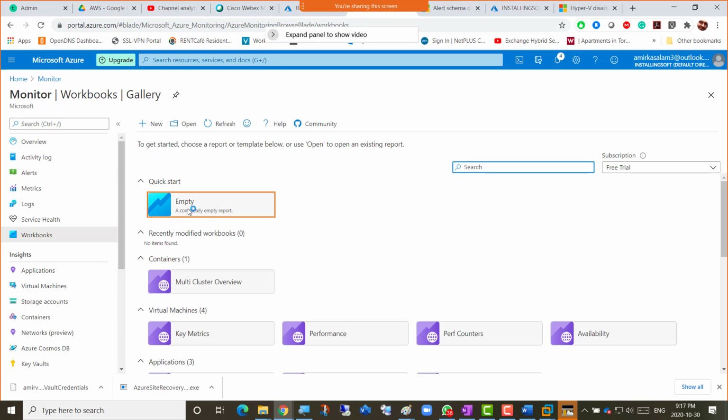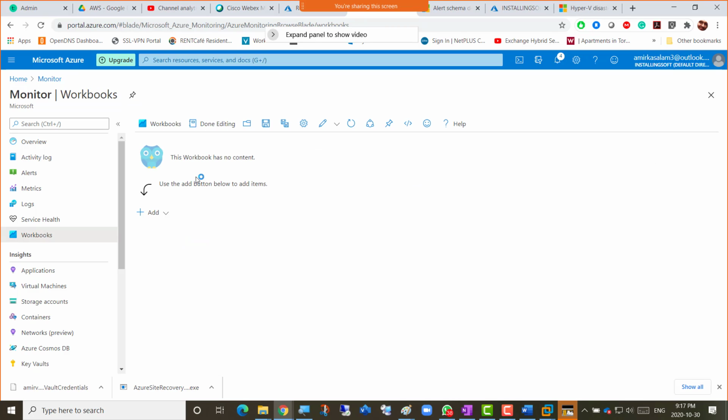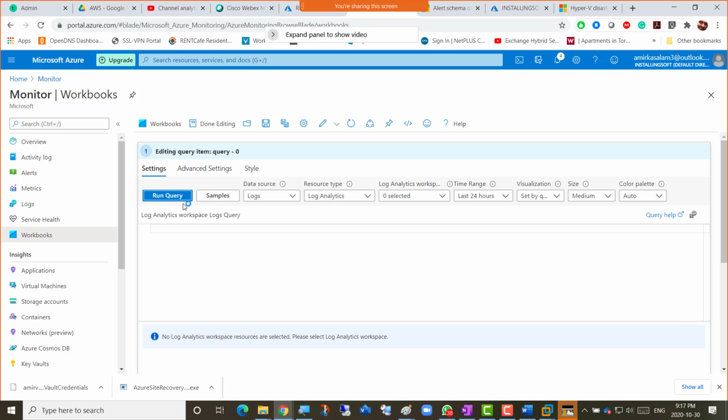Suppose I go for empty, and this workbook has no content. Use the add button below to add items. So if I go to add, there's add text, add parameters, add links, add query, add metric. Actually, yeah, we add query here. Well, I don't have any query, so